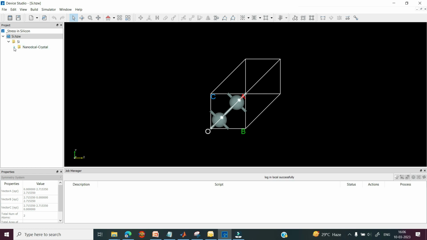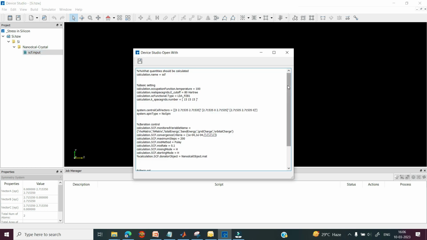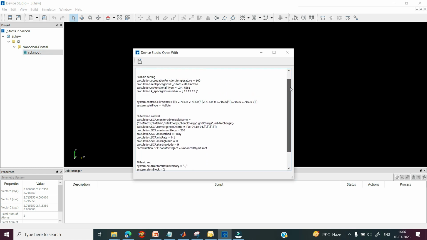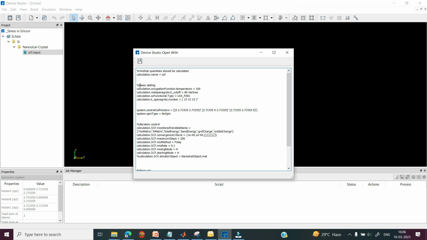Once you click on Generate File, in the project window you can see the scf.input file for this silicon has been generated. You can select this file, right click, select Open With, and this is the script for this silicon structure, where you can see what parameters we have defined. This is the basic setting: electron temperature, cutoff energy, exchange correlation, and the K-point sampling.